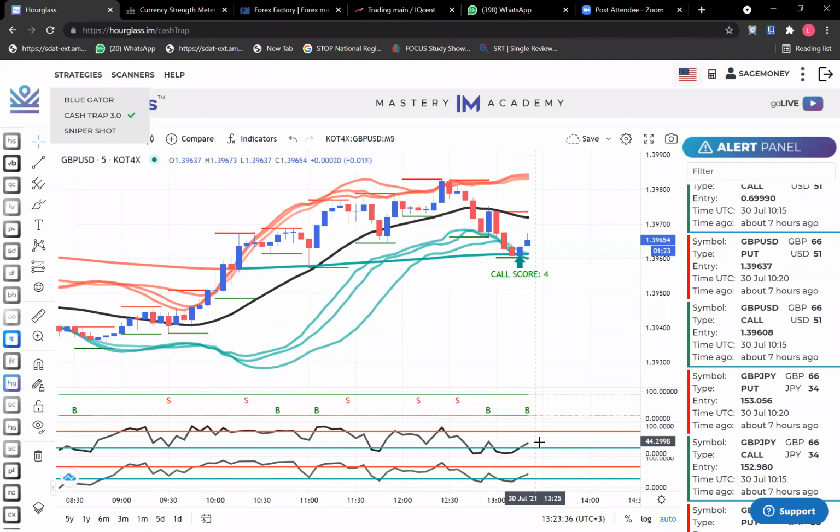Guys, I said this is known as your stochastic. I hope you guys can see my cursor. This cursor is pointing at your stochastic, and this is known as your RSI. Now, when taking trades in Cashtrap, you are looking for different indicators for buys and sells,